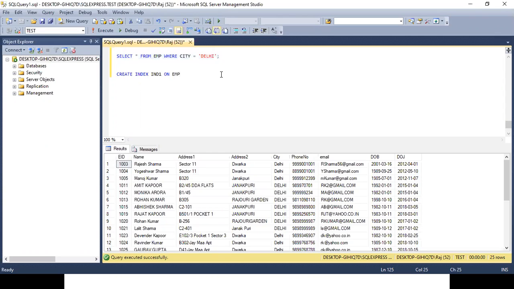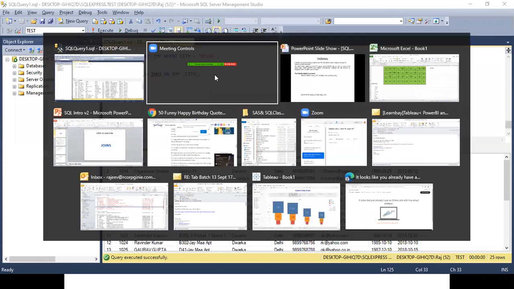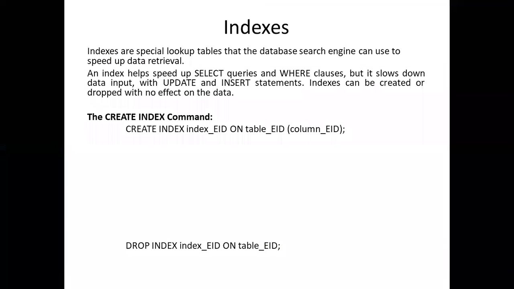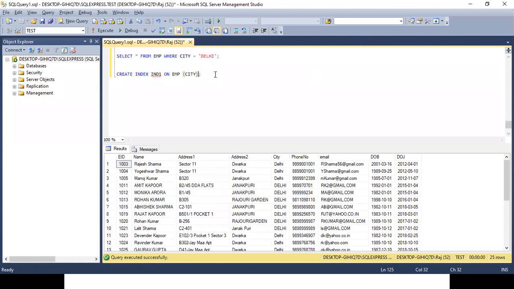So create index name on table name. IND underscore CT1.